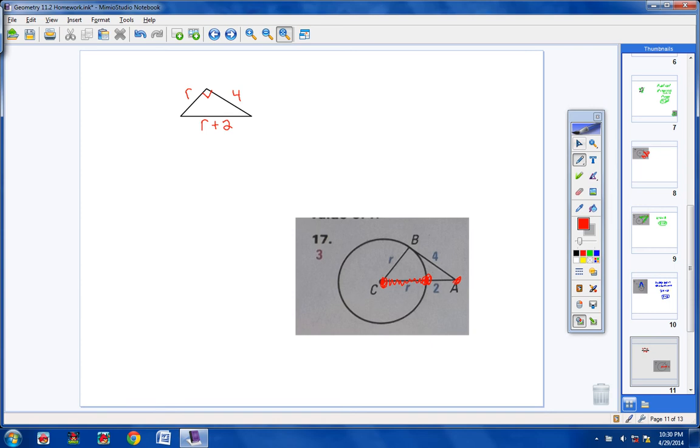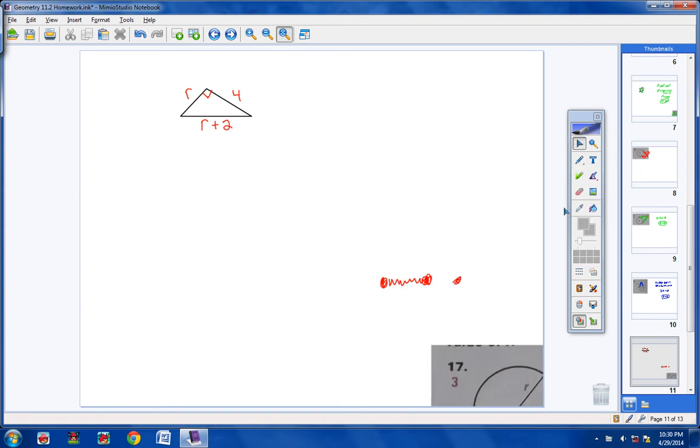Okay, so here we go, students. Let's go ahead and solve for R. One of my legs would be R. My other leg would be 4. And then my hypotenuse, now watch how I do this. My hypotenuse is R plus 2, so I square the entire binomial. Now, be careful here. R squared plus 16, that's pretty easy, but R plus 2 squared does not mean R